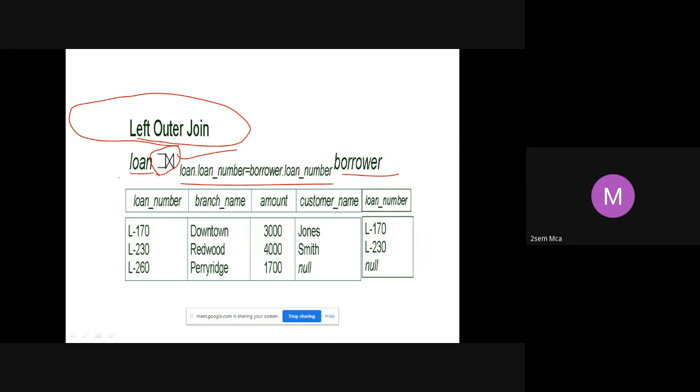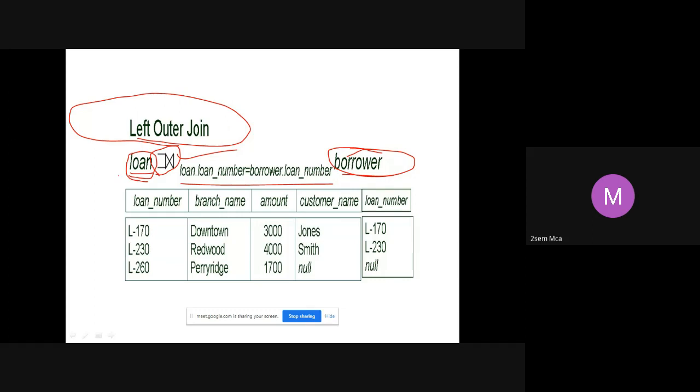Which is the left side of the table here? Loan. Right side of borrower. Right? Left outer join means what? All the tuples of my left table should be retained, even if there is no matching condition in the right side.